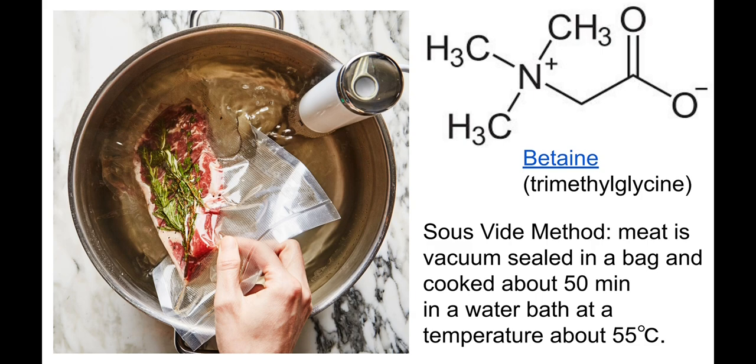So what you have to do is buy these plastic bags and seal the meat, or I prefer organ meat, and cook it for 50 minutes at a temperature of 55 degrees centigrade. It is so much more delicious. Trust me. If you go to some restaurants, such meat cooked with the sous vide method is much more expensive. But you can do it yourself. It is so easy. It's not a problem at all.